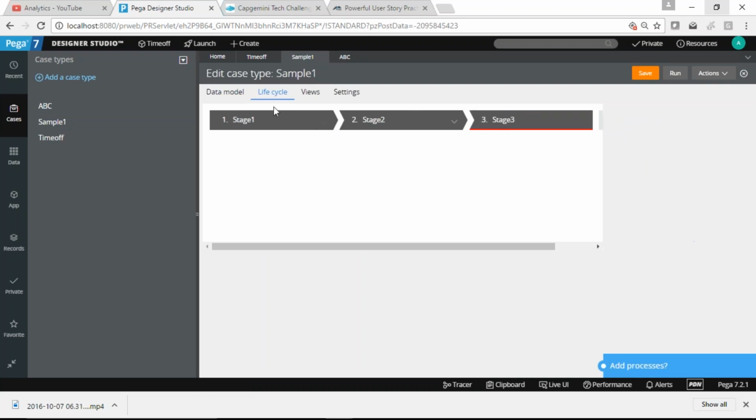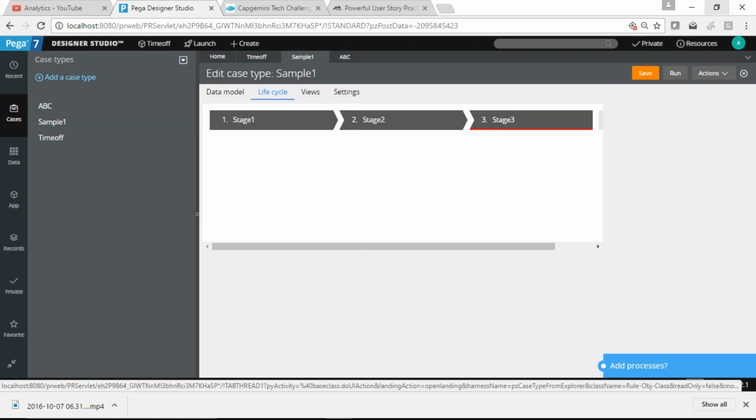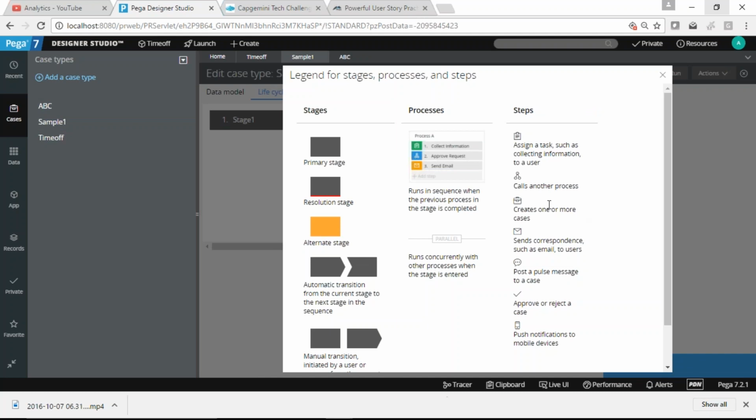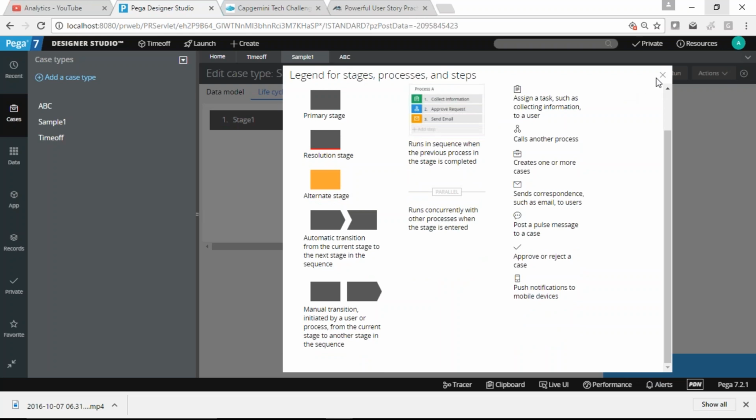So the transition I've discussed, and then you can see directly the diagram I showed, which you can get from the Actions tab, the View Lifecycle region. You can see the same picture which I showed in the PPT. From there we can get to know the primary, resolution, and alternate stages. And you can see the automatic transition and manual transition of the case within the stages.